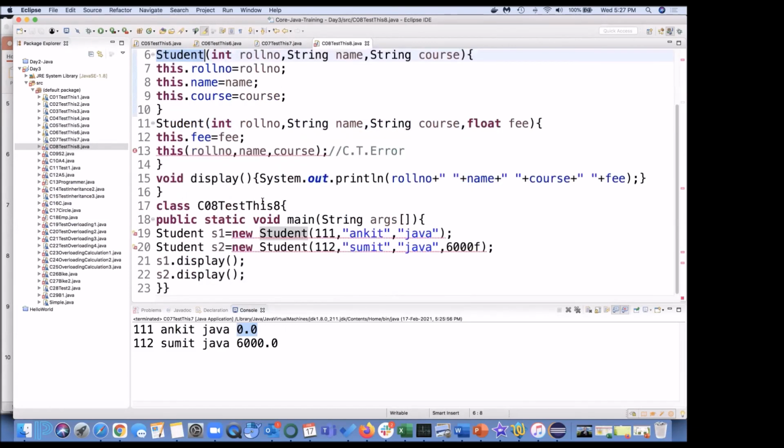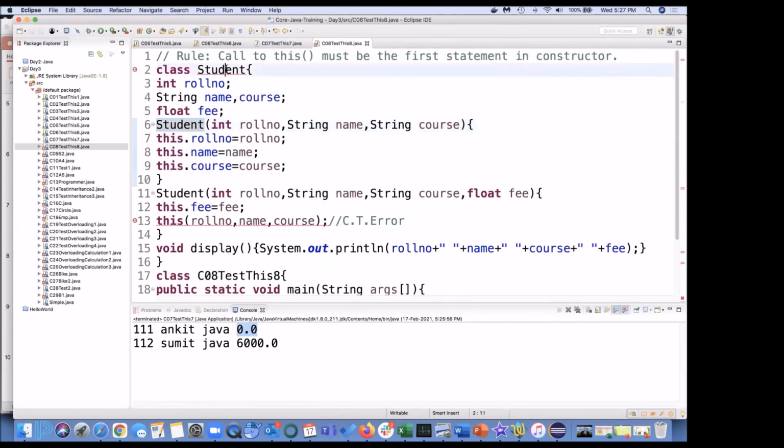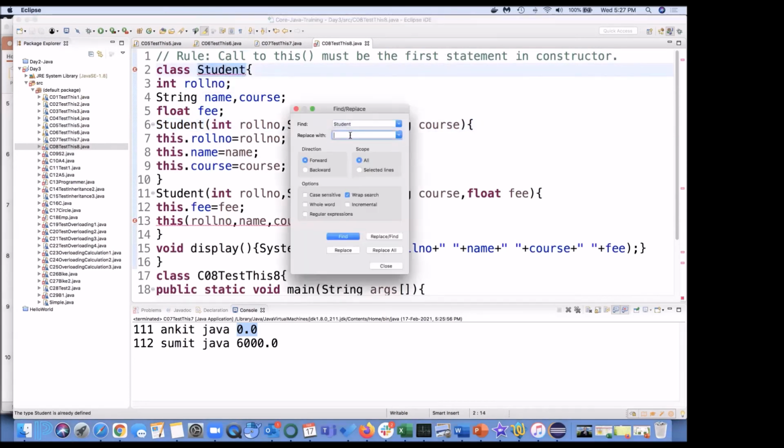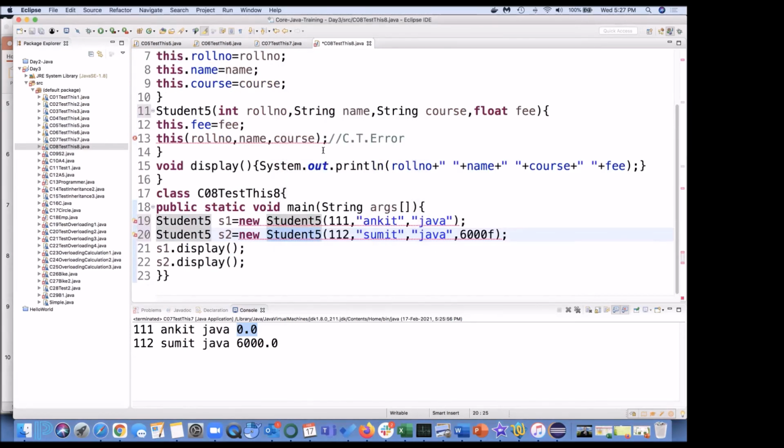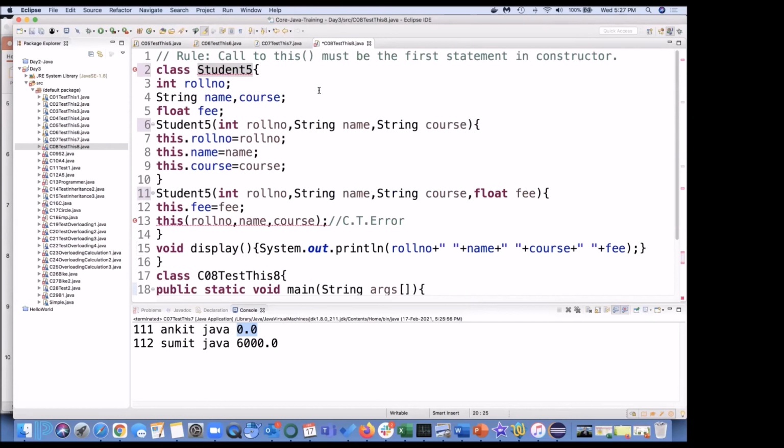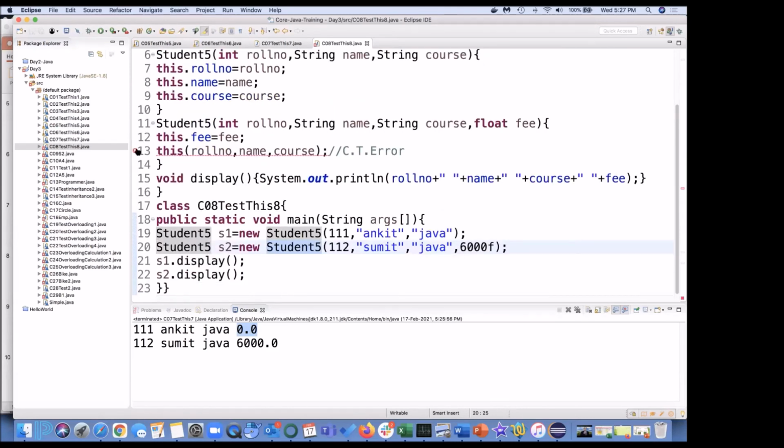If we do not correct it, that's fine, but let me do this quickly. Student change to Student 5. Replace all. See, all errors go away, but this error is still there.